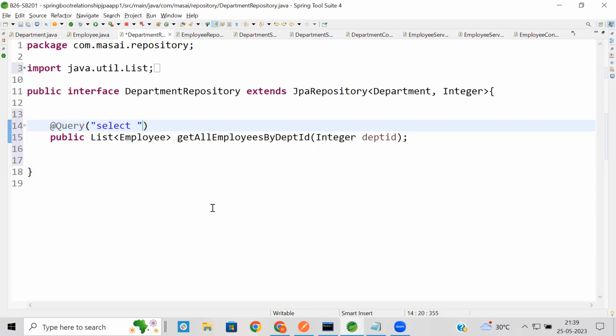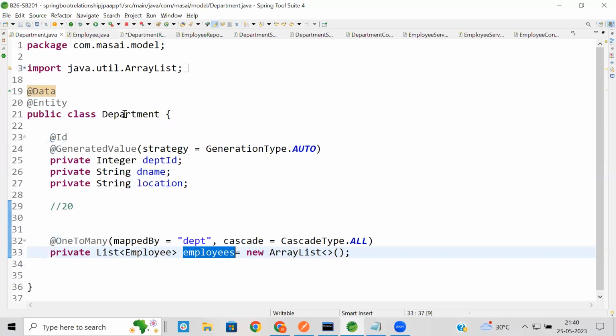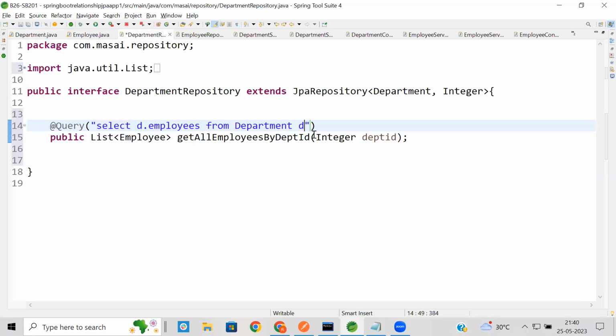Select d.employees from Department d, because it is in the department. From department I am pulling out. From Department d, हमें ये field हमने project कर लिया. आप चाहो तो other field को भी project कर सकते हो. So I'm just pulling out the list. Department d, where